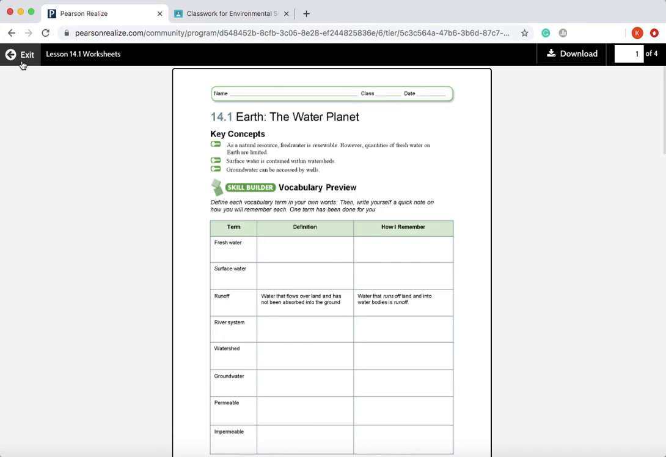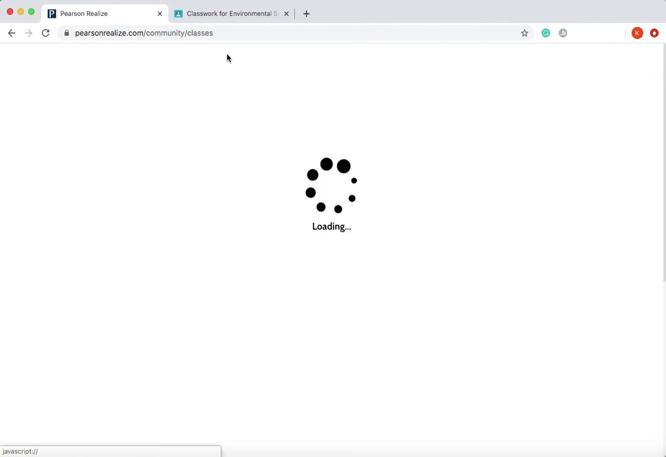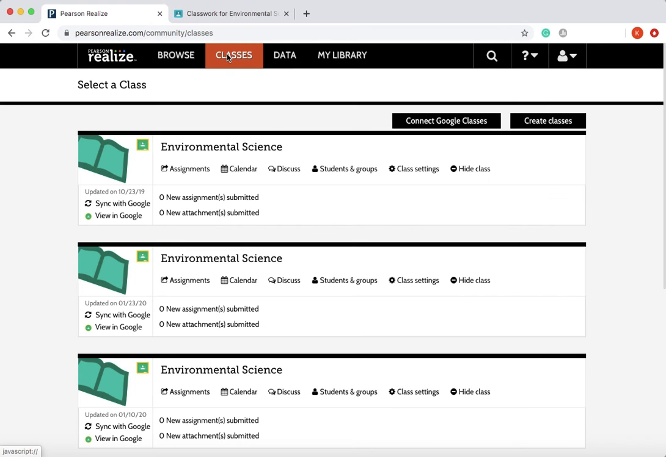Another thing you can do too is go to, so you're at this table of contents on your Pearson Realize. You can go to Classes, and you can actually connect your classes to this Pearson Realize, which is really awesome. So you can go to Connect Google Classes. So I'm under Classes on Pearson Realize. Click on Connect Google Classes, and then